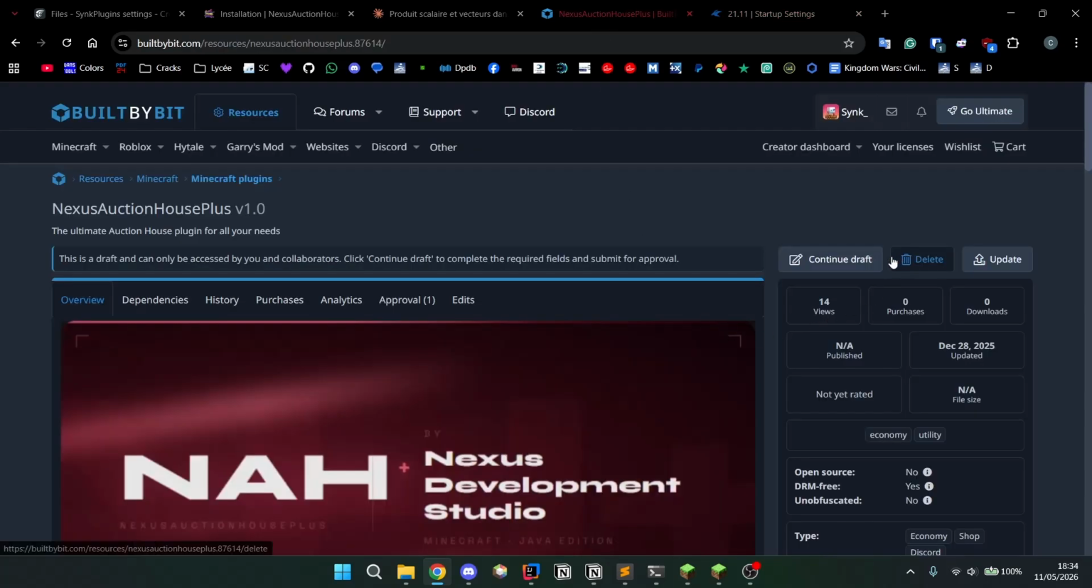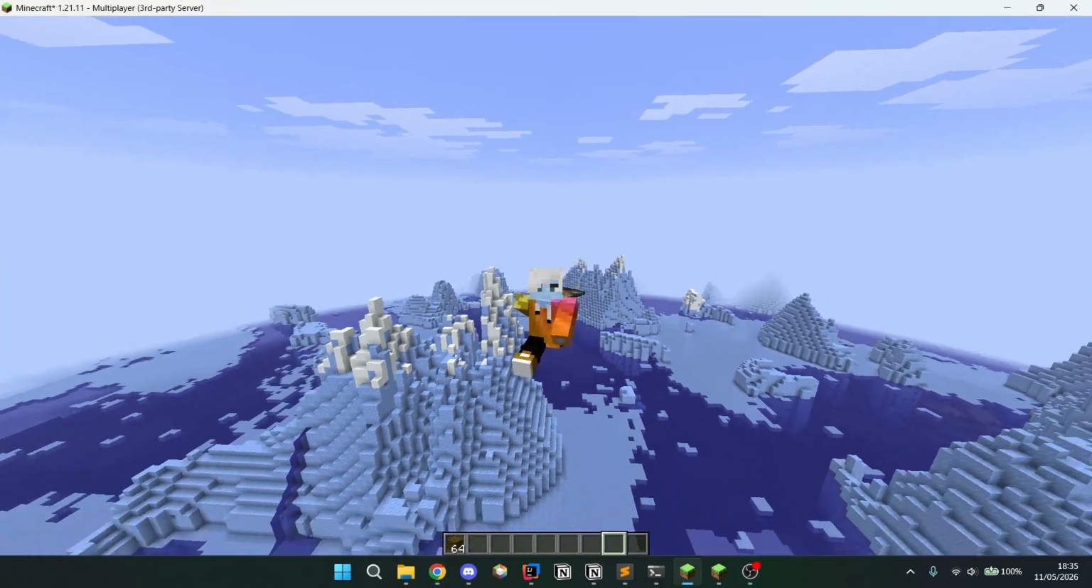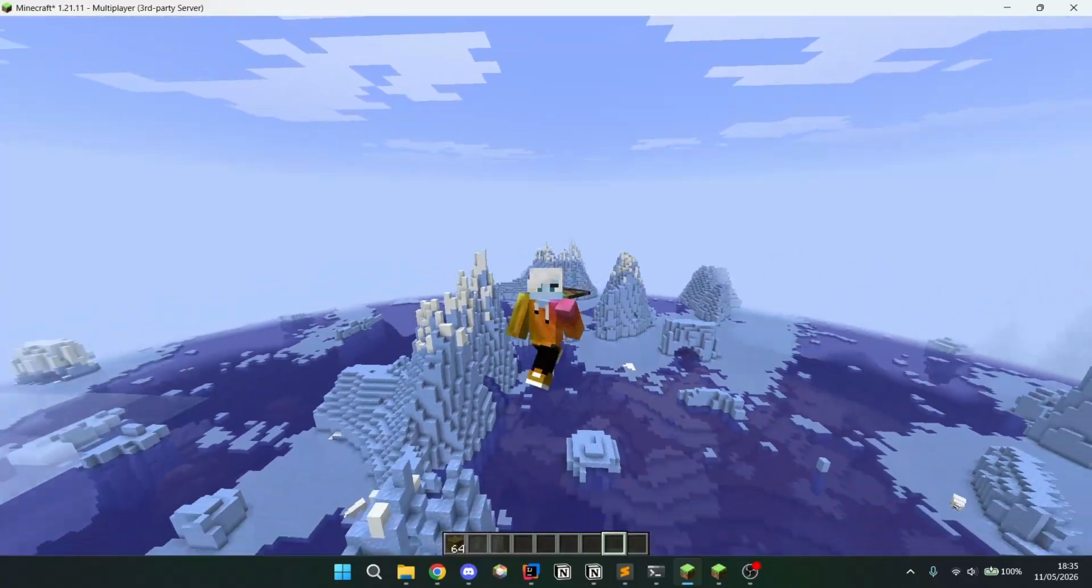And then just download the plugin from either site where you bought it, and just drop it in your plugins folder. I'm going to start the showcase by going around the main